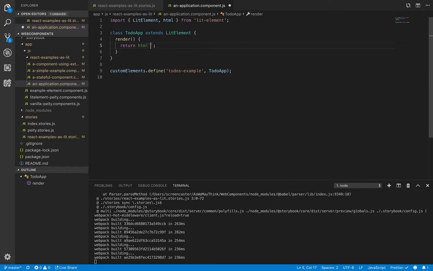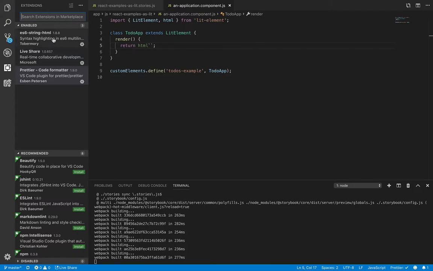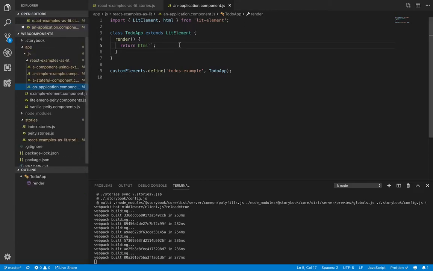Actually, let's take a quick side trip here. I'm terrible about these, but let me point out something in Visual Studio Code that I use all the time. See this particular plugin here, ES6 string HTML. I use this and I depend upon it. So you see this right here. We have to have this for LitElement. But